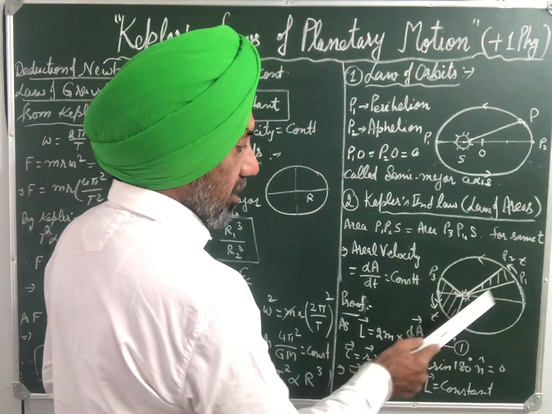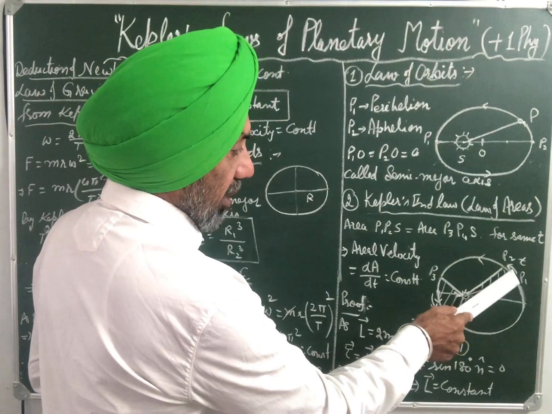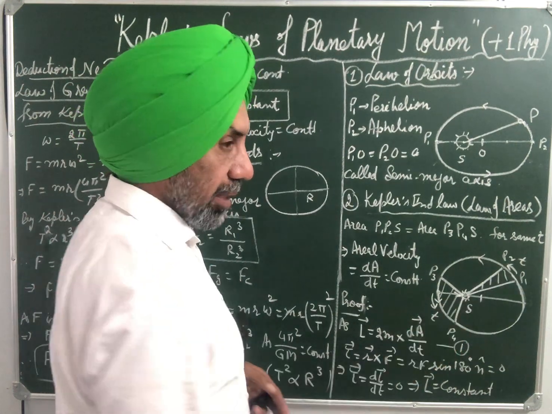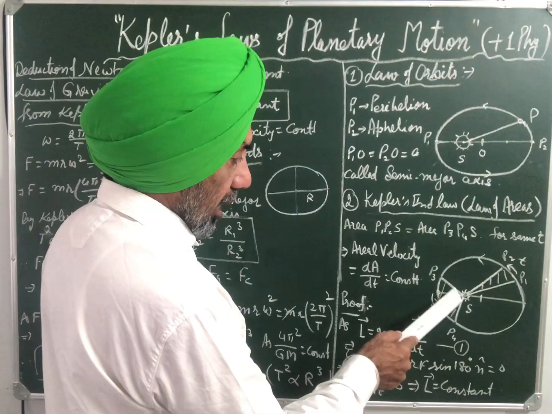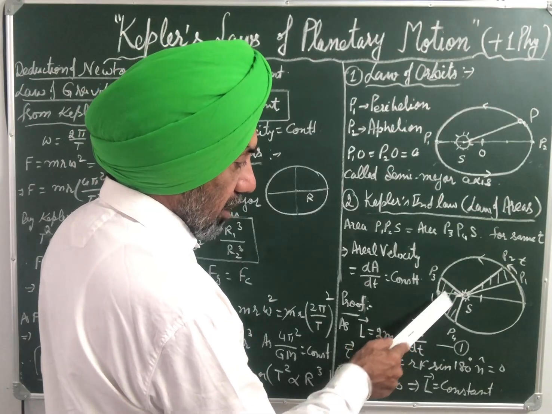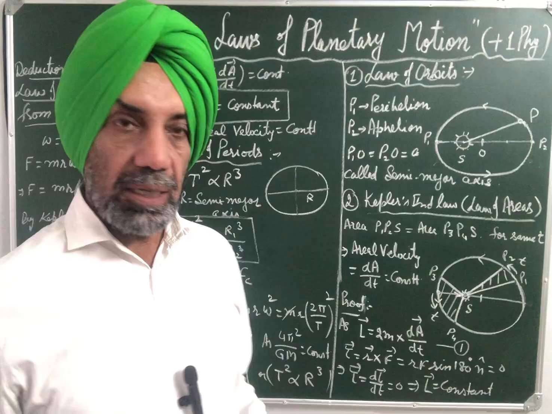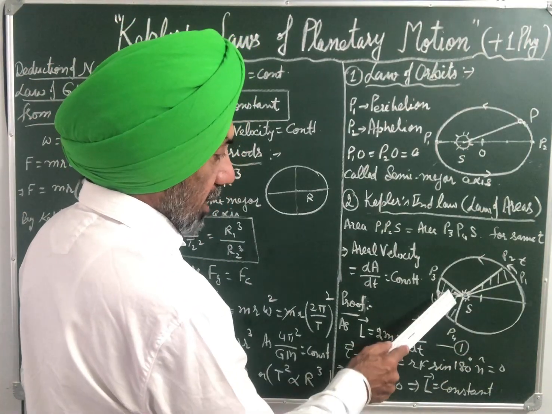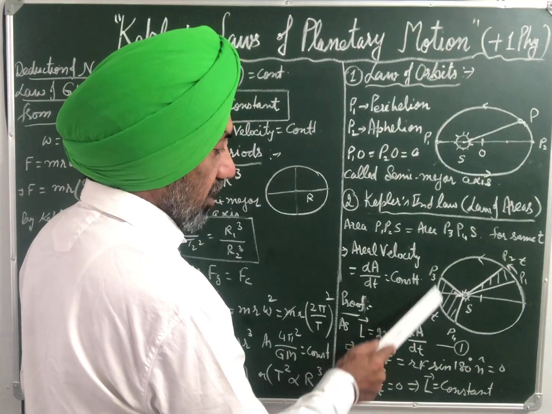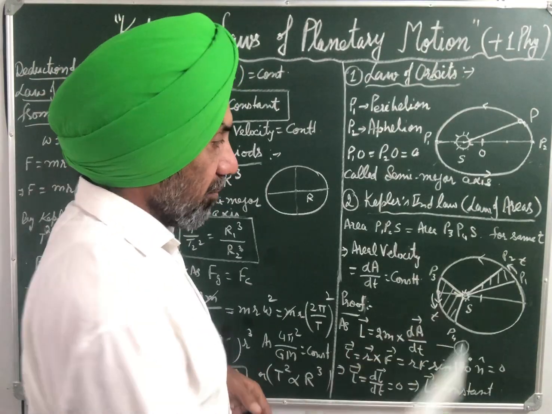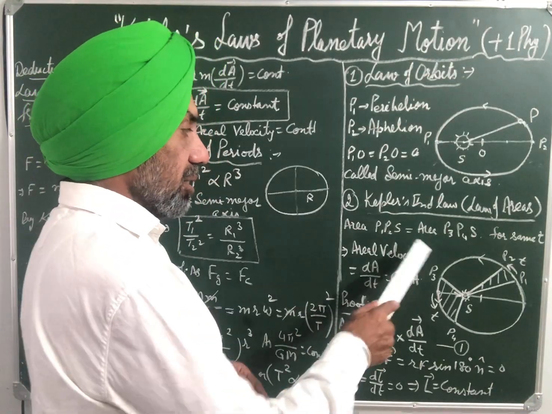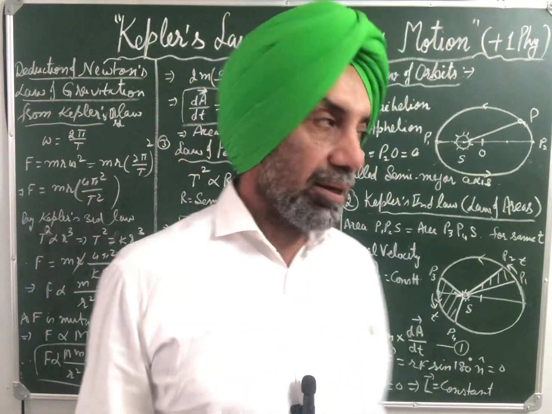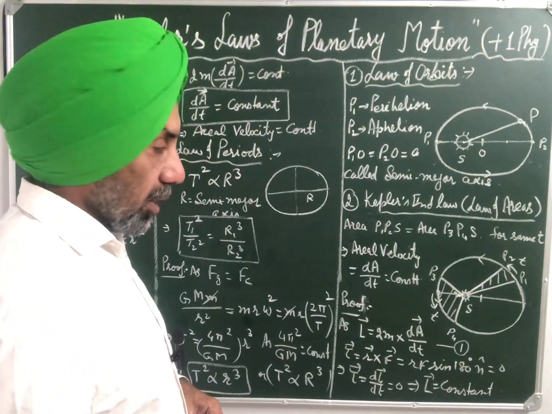So to restate, if the planet moves from P1 to P2 during time t, this is the area covered by the radius vector, and then from P3 to P4, this is the area covered by the radius vector during the same time t. Then area S P1 P2 is equal to area S P3 P4. In other words, aerial velocity, that is dA by dt, is equal to constant. This is Kepler's second law of planetary motion. To prove it,